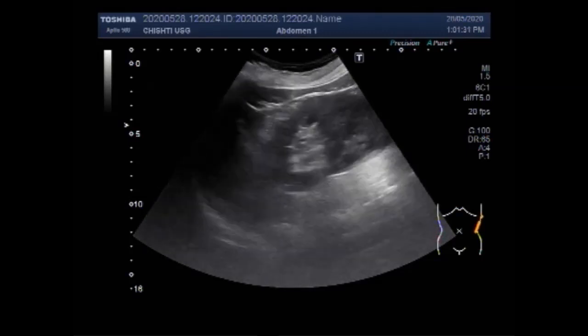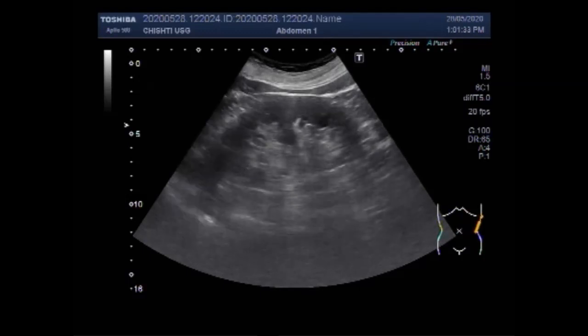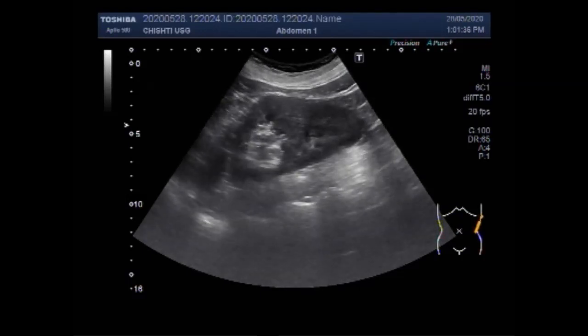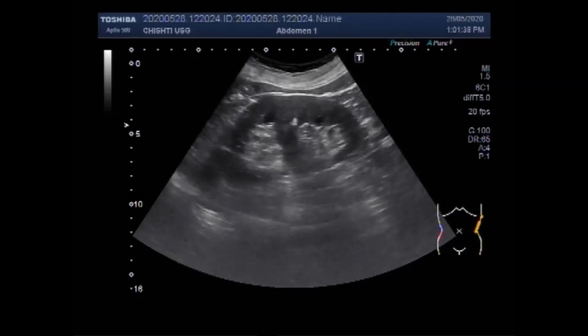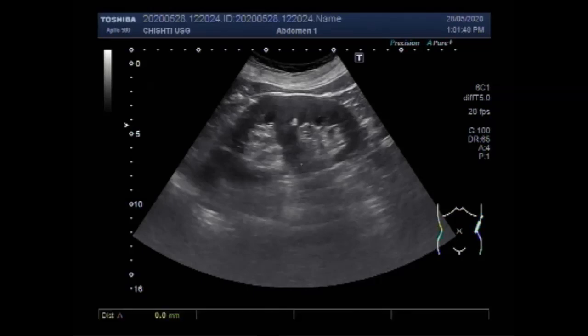Now this is the left kidney, and it shows slightly mild compensatory hypertrophy. If one kidney is small in size, the other kidney may show compensatory hypertrophy, as the ectopic kidneys are usually smaller in size as compared to the normally placed kidneys. In this case, the left kidney measures 11.4 cm by 5.7 cm with cortical thickness of about 12.1 millimeter.